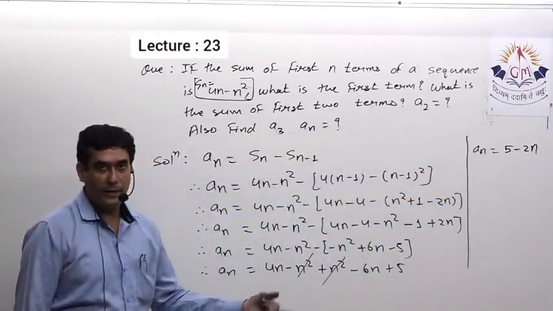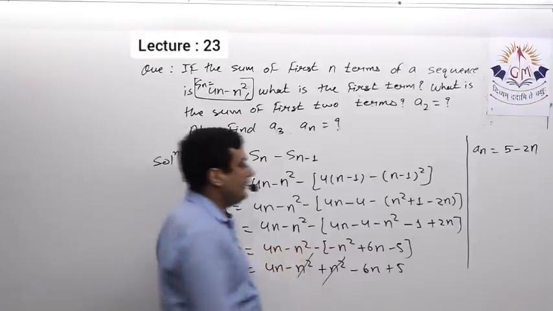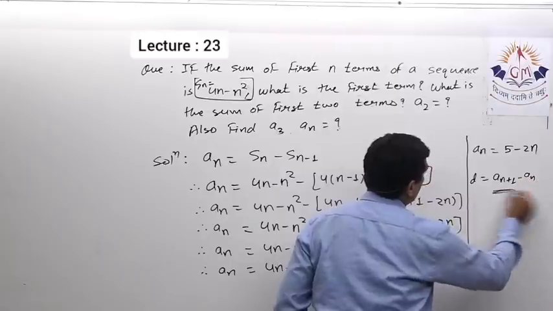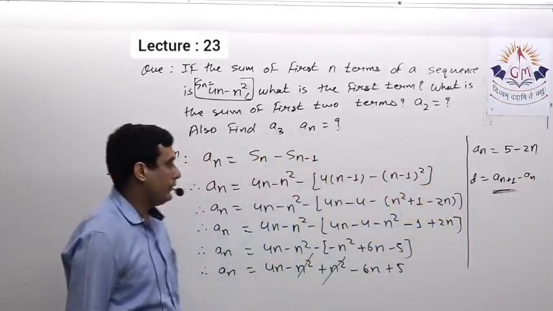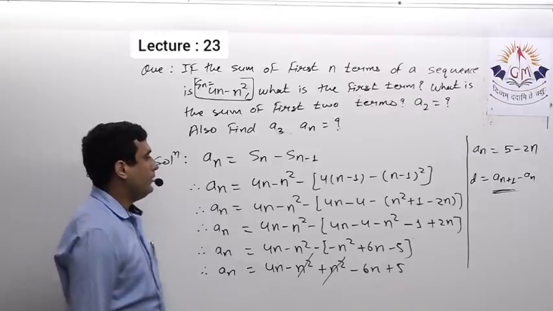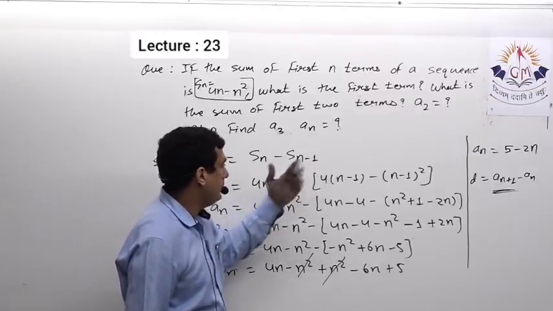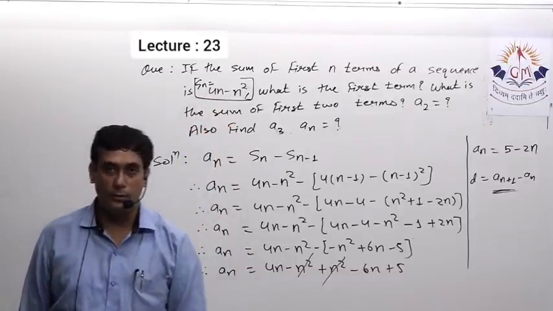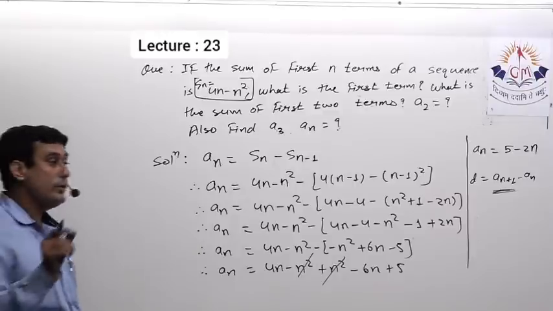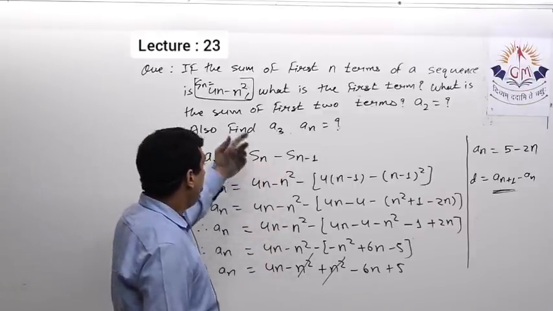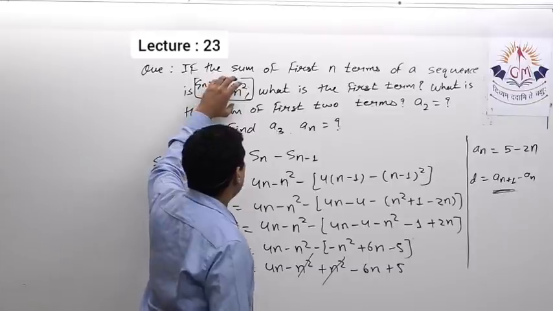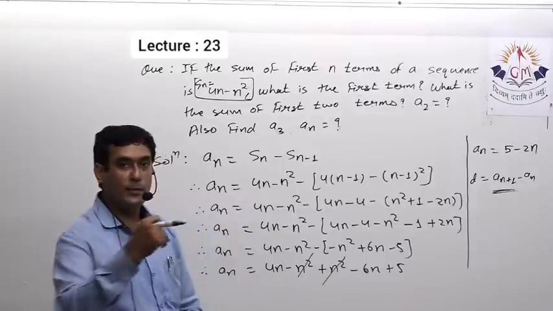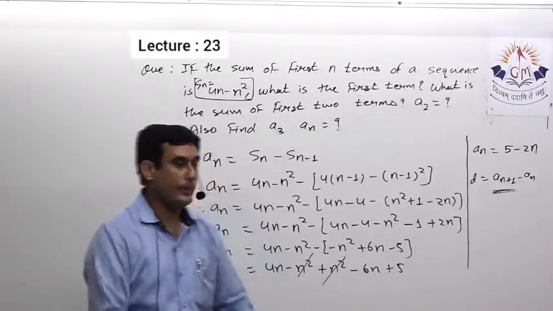Now after that, if we have a(n), how to get the value of d? d is a(n+1) minus a(n). This gives you the value of d, which will definitely be minus 2. So this is another way to get the information whether the given sequence is an AP or not. So please note it down, then I will give you a shortcut in which you will be able to identify whether the given expression represents an AP.